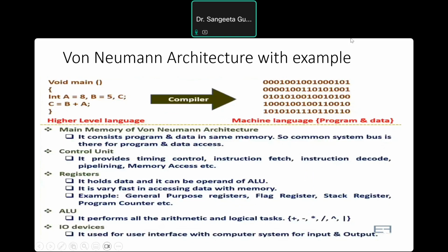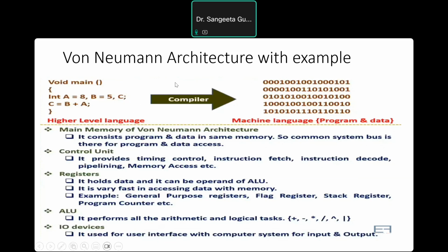When we try to understand this von Neumann architecture with an example, we can see a small piece of code here written in C programming language. This code is used to perform addition of two operands. The data elements A and B are basically referred to as operands, and the result is stored in another operand or variable C. So when this program is compiled, for both the data as well as the program,